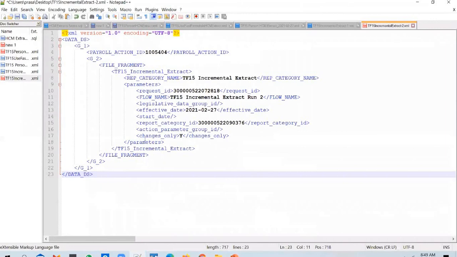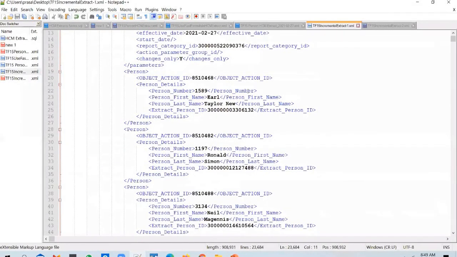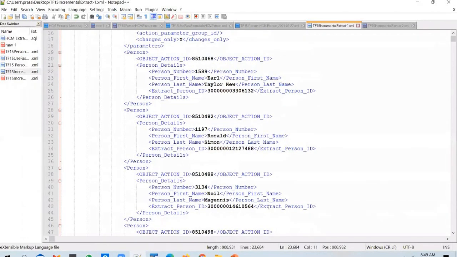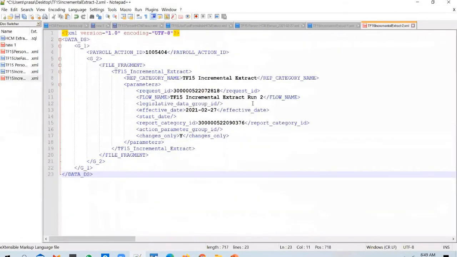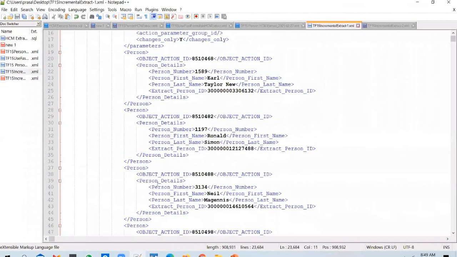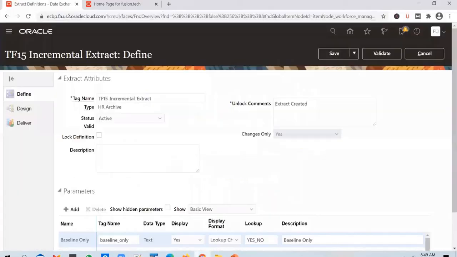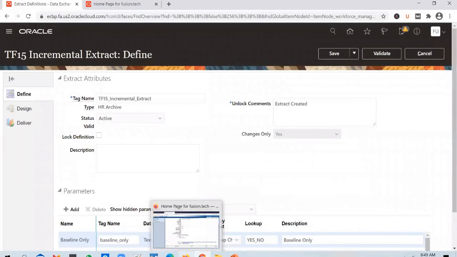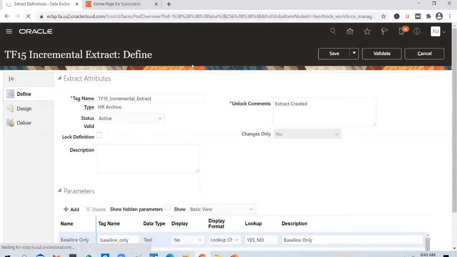So if you look at the output, it is blank because no employee has been updated after this run, right? So first time it extracted all the employees, second time the extract output is blank. But now let's pick up an employee and go ahead and update the first name or last name. Let's update one of the fields in there. So you go back, and how do you update an employee? You can do so from My Client Group.